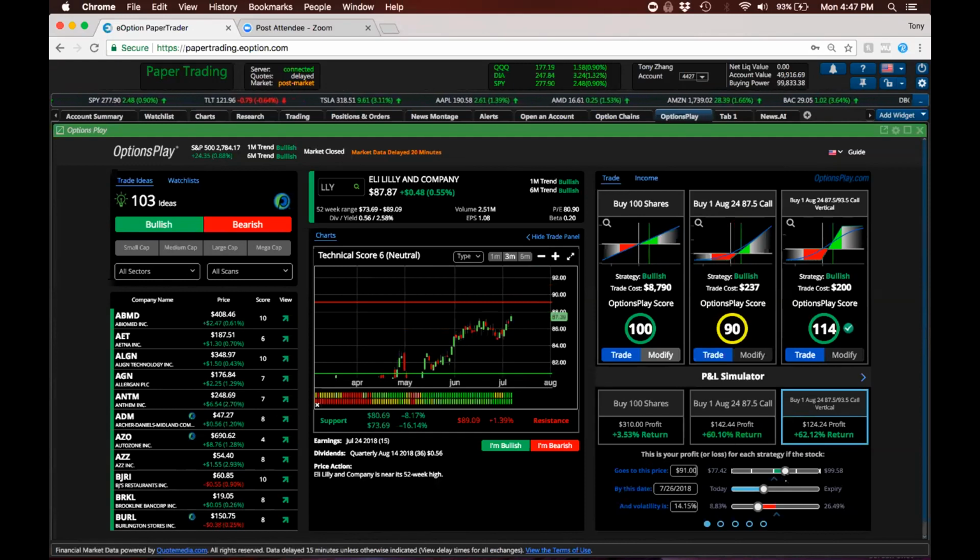Again, this is making the assumption that the stock jumps to $91 a few days after earnings. And as we said, volatility always comes down after earnings, so we have to always make that assumption that volatility comes down a little. As you can see, the impact is not huge. It goes from 70% to about 60% return with the decrease in volatility. So it's not a huge impact, but it is something that you should be aware of because it does impact that stock price. So now, you make a 59% return or a 62% return.